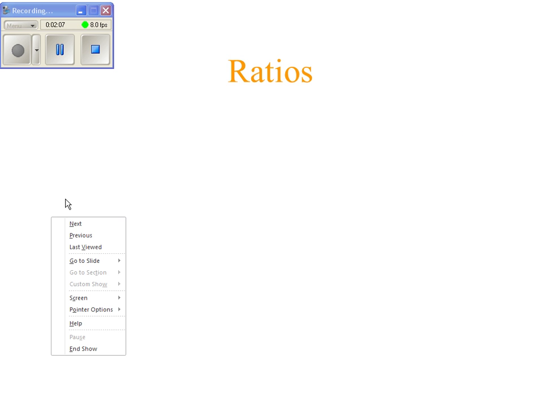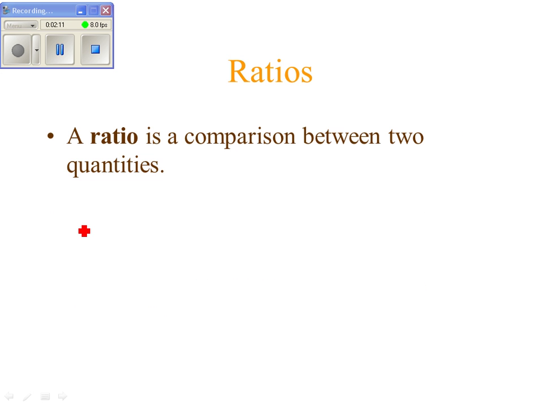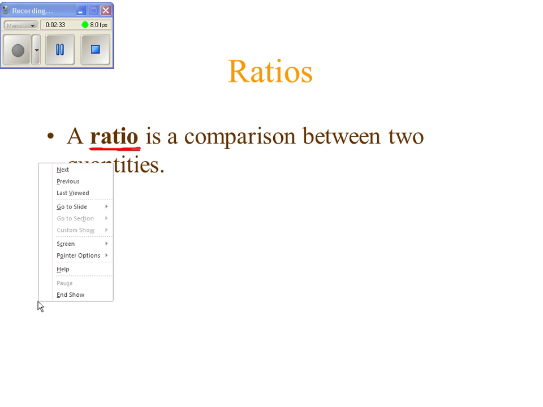All right, these ratios. A ratio is a comparison between two quantities. Write that down. That's what a ratio is. A ratio is a comparison between any two quantities. Could be comparing apples to oranges, feet to inches, feet to seconds squared. So that's a ratio. When you write ratios,